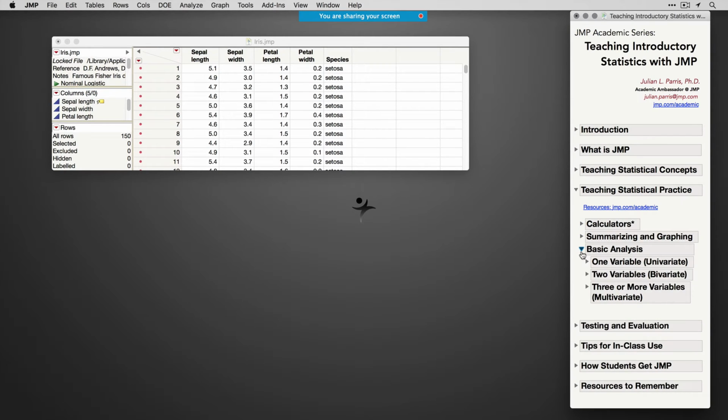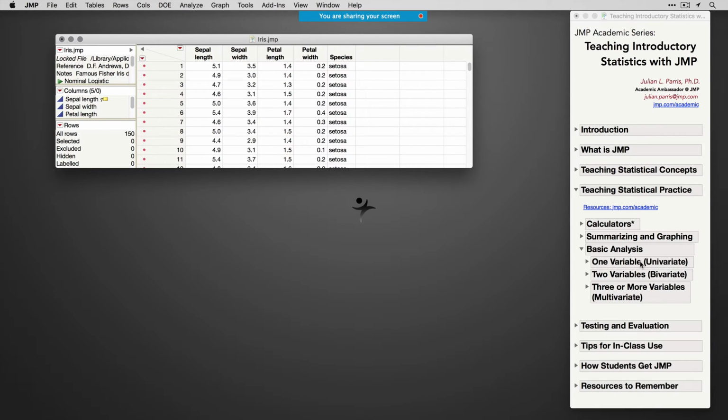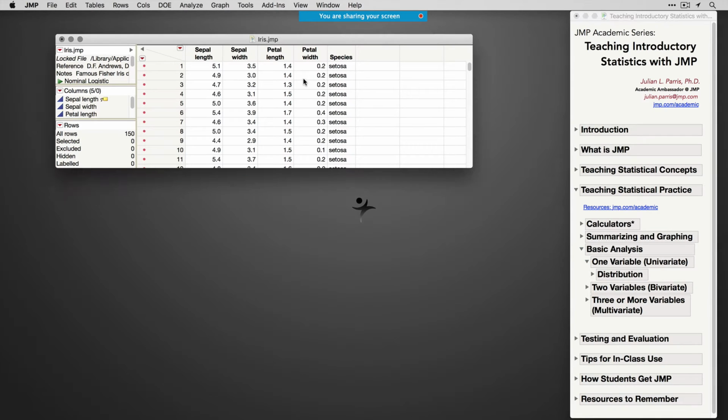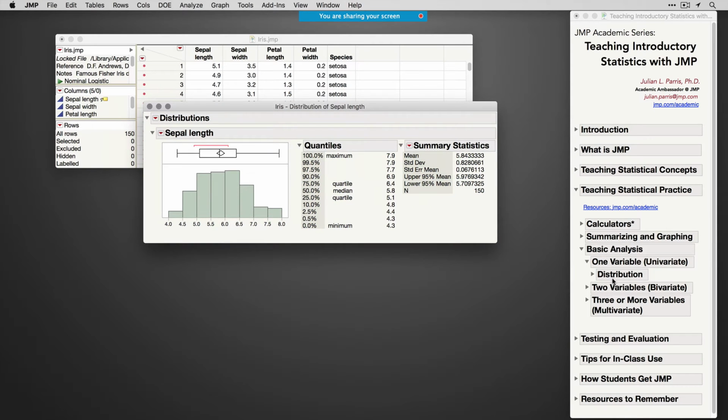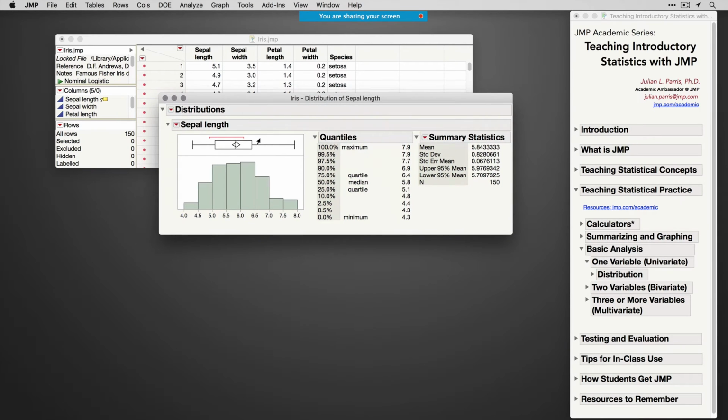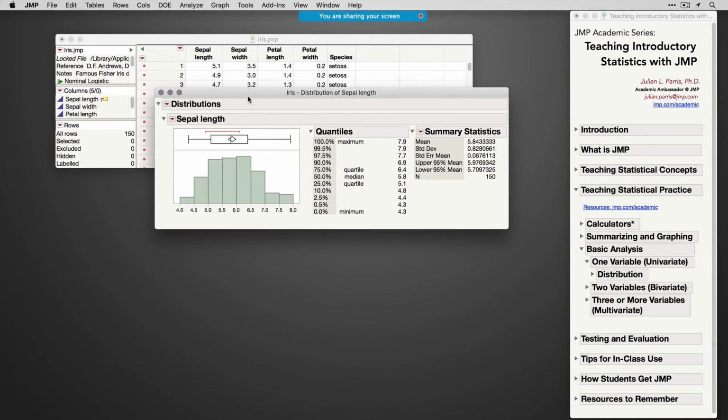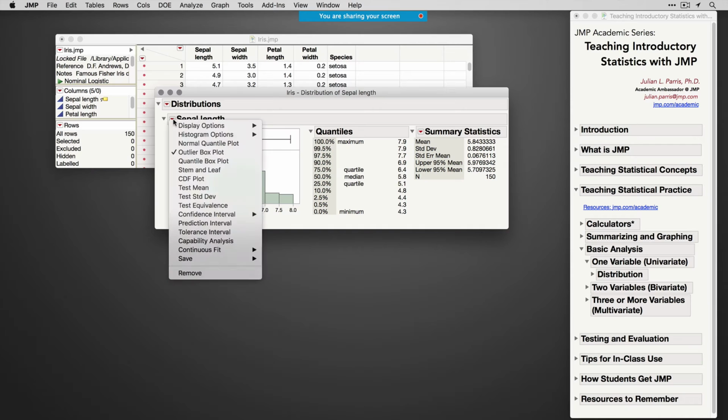Now, for basic analysis, we typically cover a number of different things in an intro class: univariate hypothesis testing and understanding. That's one-variable analyses, which are all done under the Distribution platform. Now, one thing I'll mention is that JMP is built to organize analyses based on their context. So when I say that Distribution is all for univariate analysis, what I mean is when you go into the platform and cast a column into a role, all the univariate analyses we can do from this point live in this platform output, under this red triangle. JMP does this everywhere: the next analysis all lives here. And so if we have a quantitative column like sepal length, something that JMP would call continuously modeled,